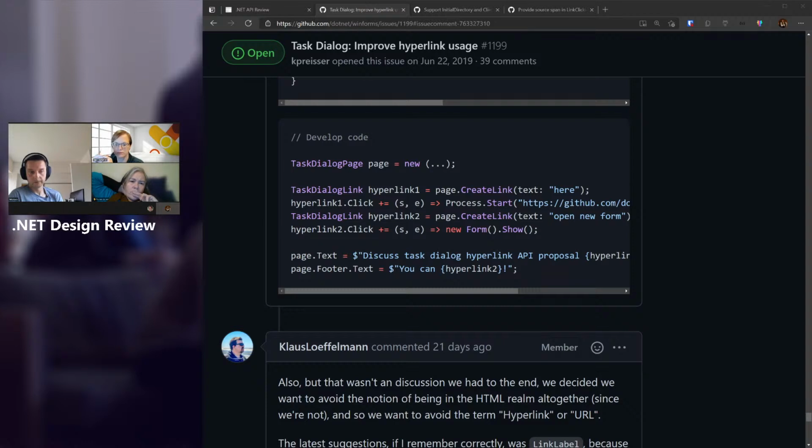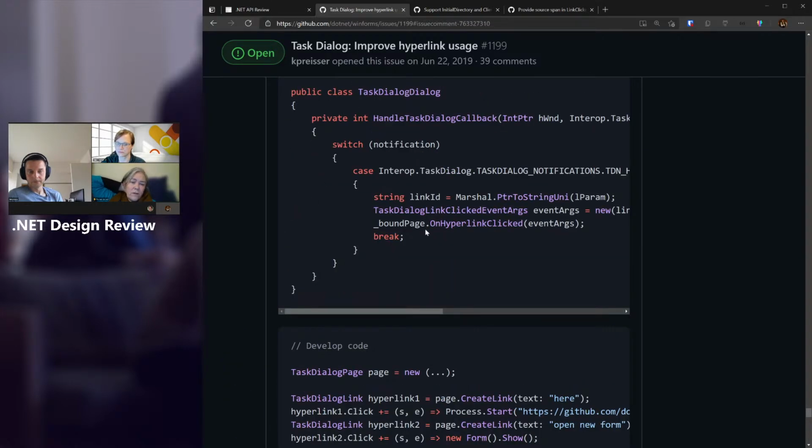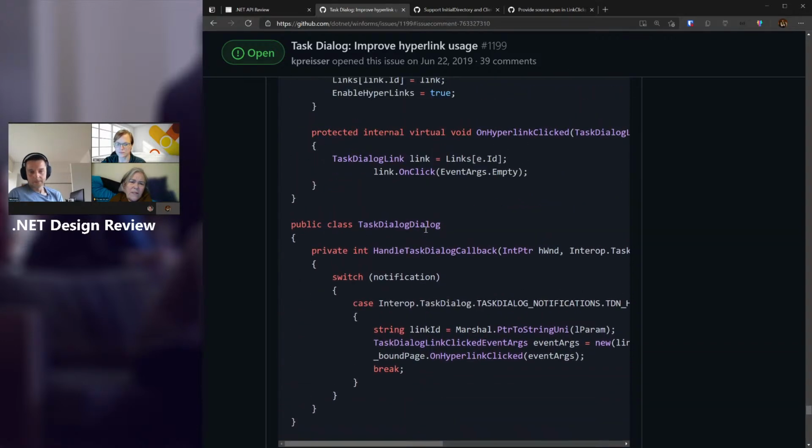That's fair. Kathleen? I decided I'm confused. So let me ask a couple of quick questions here. All right. So if I go up to the unassisted, which overrides on hyperlink, those two together, just in the unassisted section. Then we have a public class called task dialog, which is consistent with down below, but the developer code inherits from task dialog page. Is this a typo, or have I completely lost the train here? So does that make sense? Does my question even make sense?